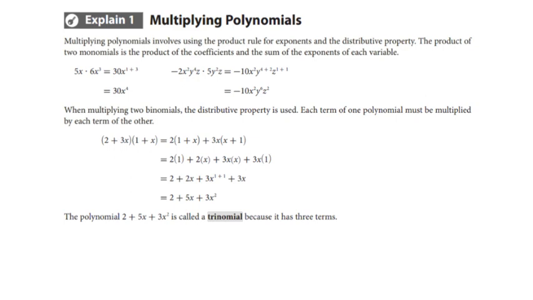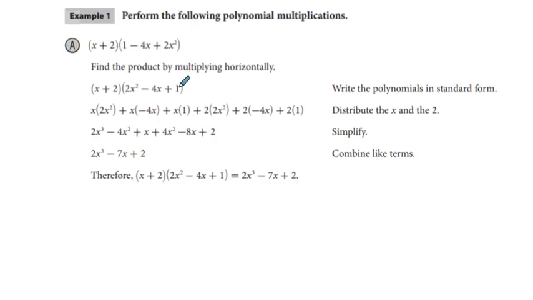And basically the book suggests two different ways, one of which is multiplying horizontally. So the product of the binomial x plus 2 and the trinomial 1 minus 4x plus 2x squared. So basically the thing looks like this. You have x times 1, x times negative 4, and x times